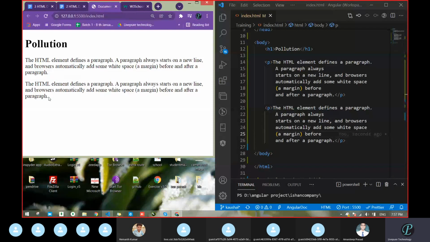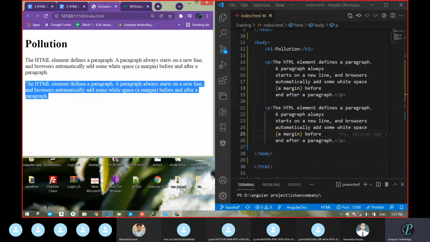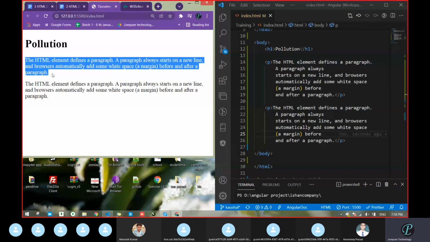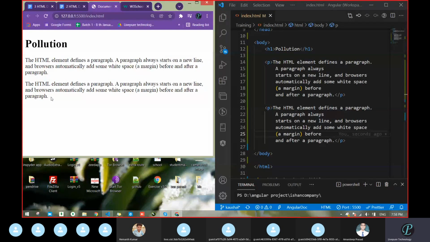So when content is inside a single paragraph, then the gap between both lines is not more. That is less, just normal. But when there are different paragraphs, this is one and this is another, then the gap is more. Okay, that is like a separation between both.